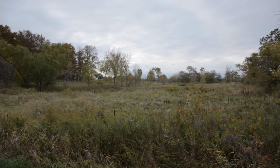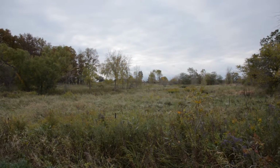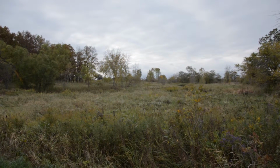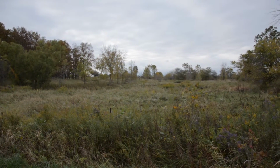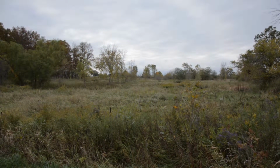Now this bird club really knows how to find birds, I'll tell you. That's where you're supposed to wear gloves. I thought about it, but then